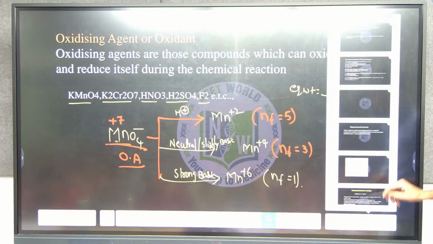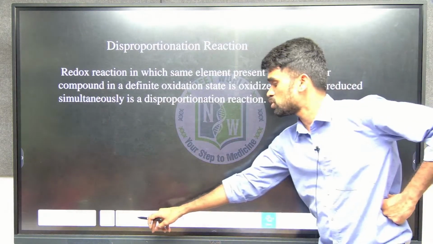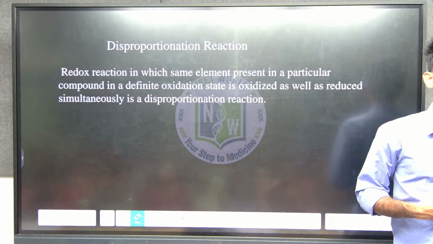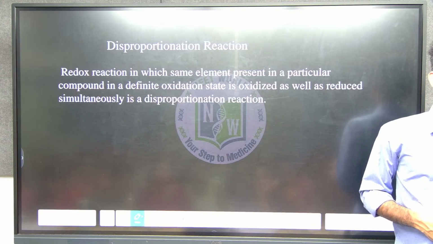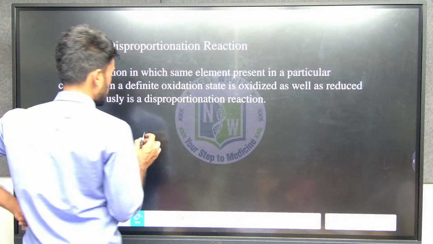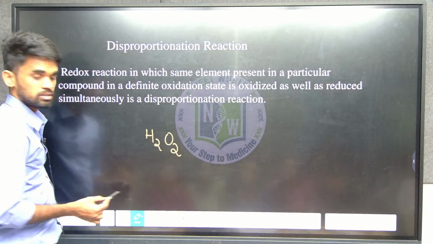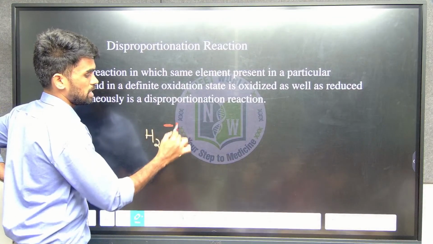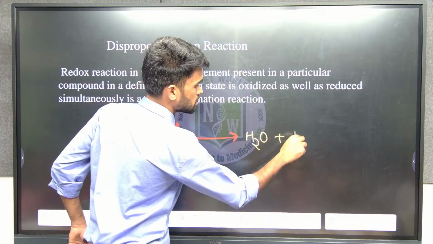Okay, after this, there is something called a disproportionation reaction. What do we mean by a disproportionation reaction? The same element undergoes both oxidation and reduction. See here, if I say hydrogen peroxide, what is the oxidation state of oxygen here? -1. It converts to H2O plus